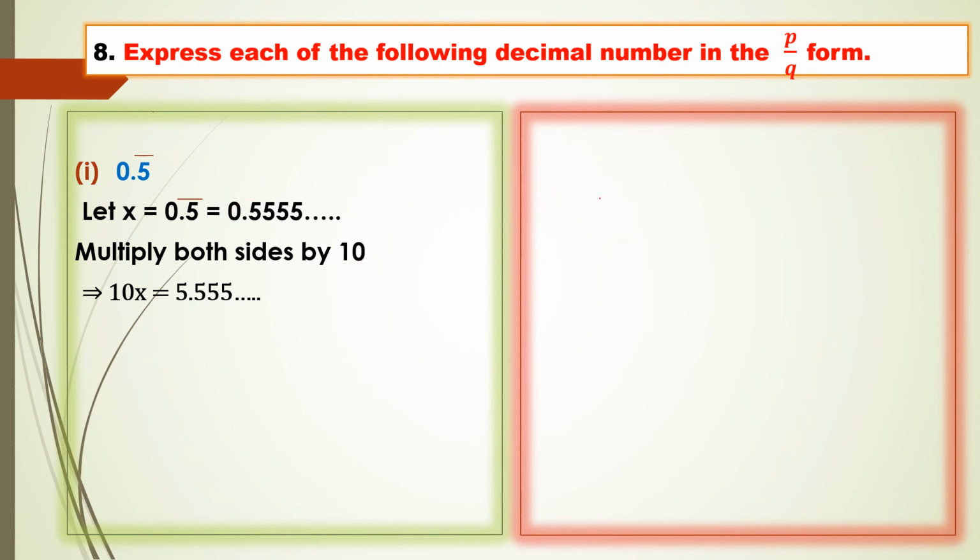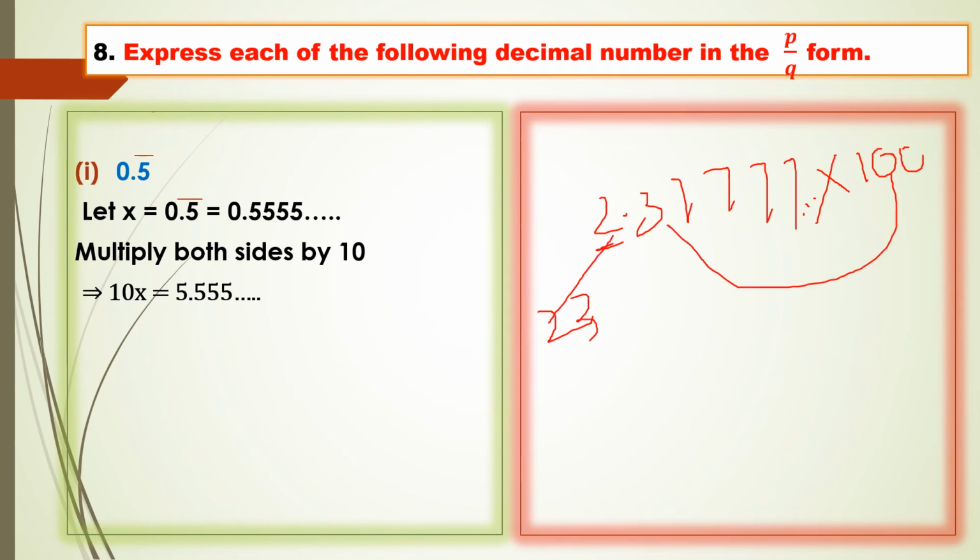Suppose I have 2.37777, and so on. I am multiplying this with 100. Now here 2 is there, so you should write 2 as it is. If it is 0, no need to write. It is 2, so write this 2 as it is. Here for 1 0, 3 will go. So for one more 0, 7 will go. After that you should put the decimal, because there are no zeros left, so no more digits will go before the decimal. So again the digits after are 7 7 7, and so on. Understood? This procedure you should follow here.